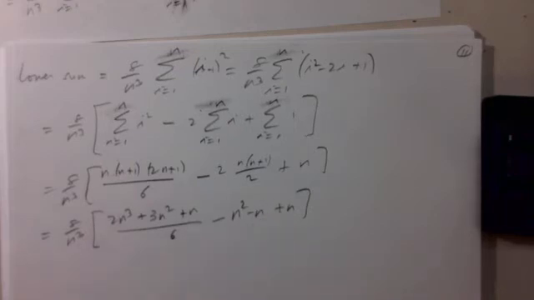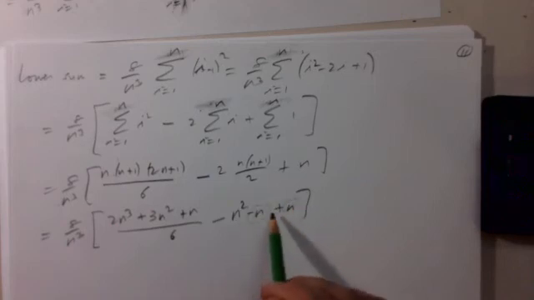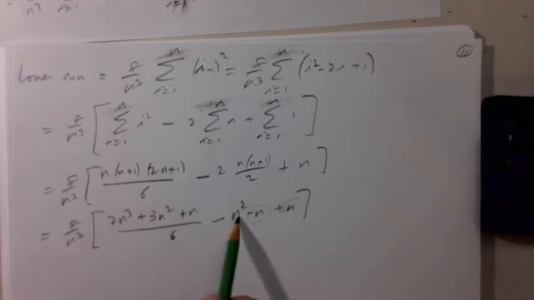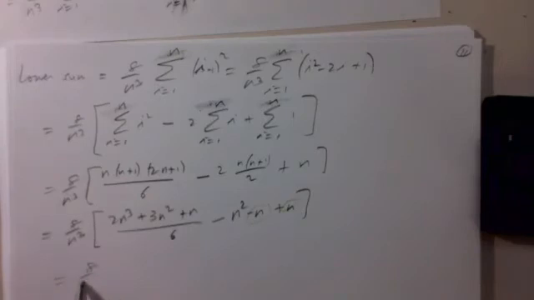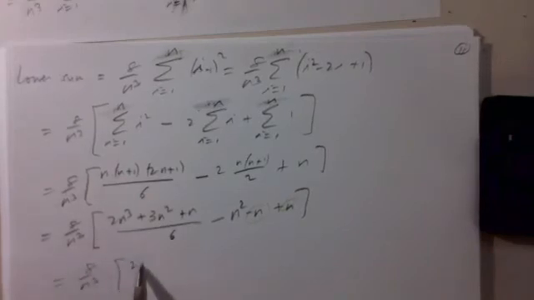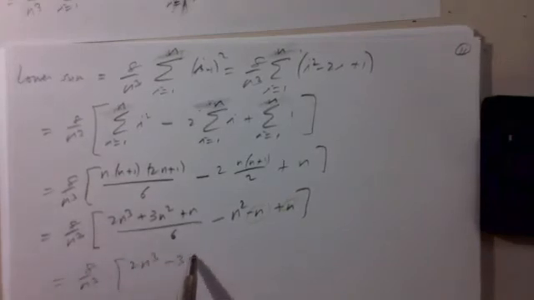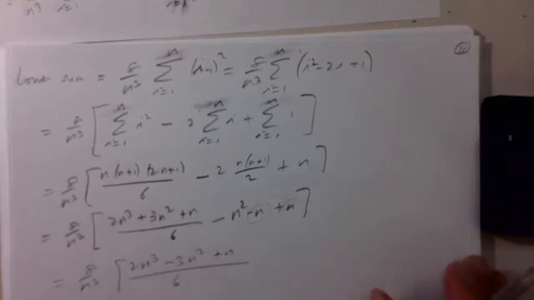And these cancel. And minus n squared is like minus 6n over n squared. So this is 8 over n cubed, 2n cubed minus 3n squared plus n over 6,